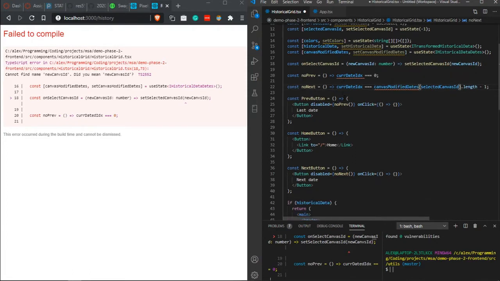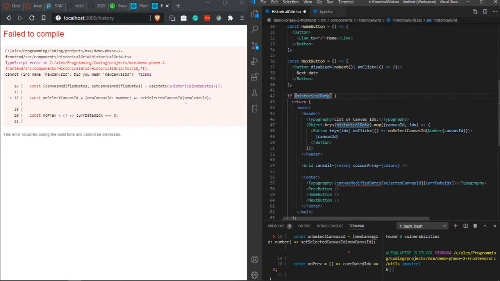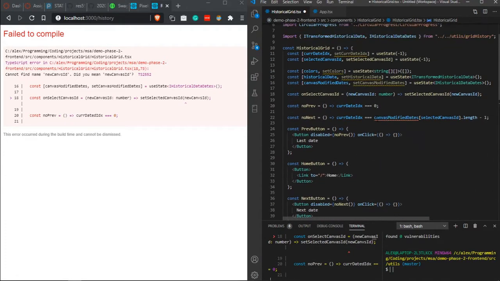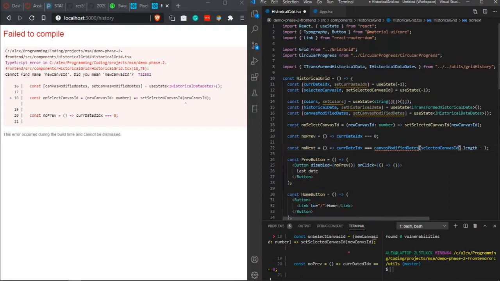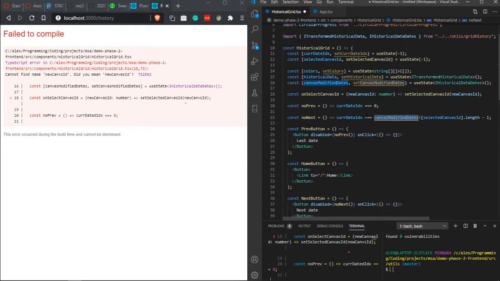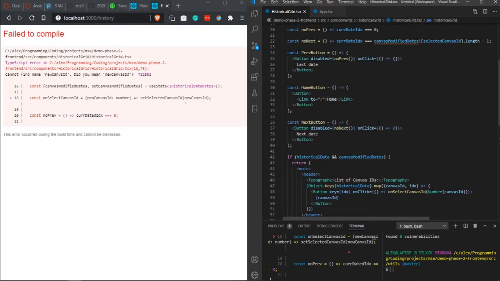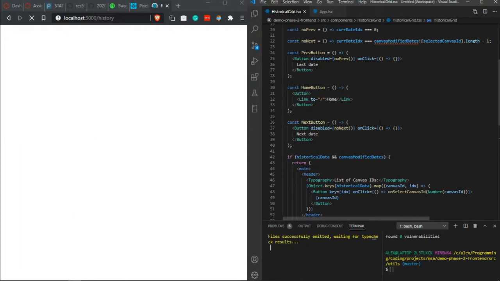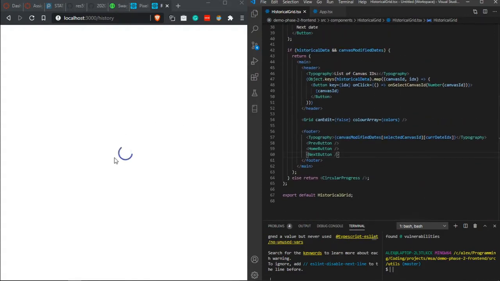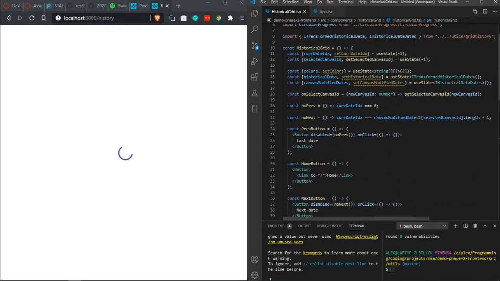And this is saying object is possibly undefined. It's the same thing over here. We only load this component if the canvas modified date and the historical data is rendered, so if it's not undefined. So over here we can apply an exclamation mark at the end. It's called a non-null assertion to declare that it will always be defined. Okay, let's save this again. Yep. So at the moment, all it shows us is this circular progress component